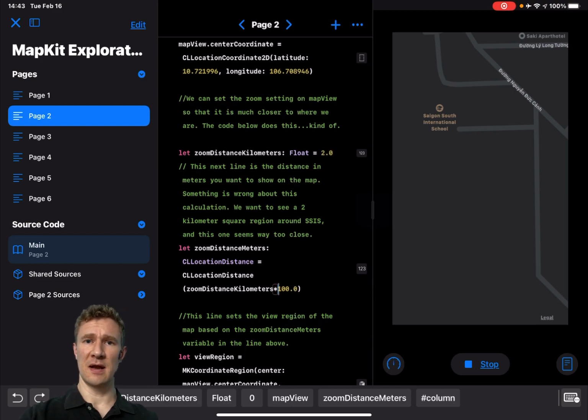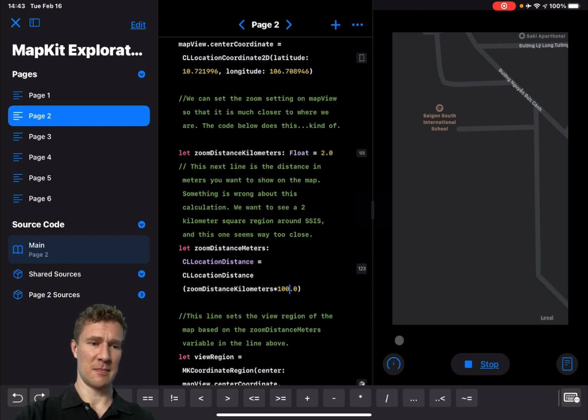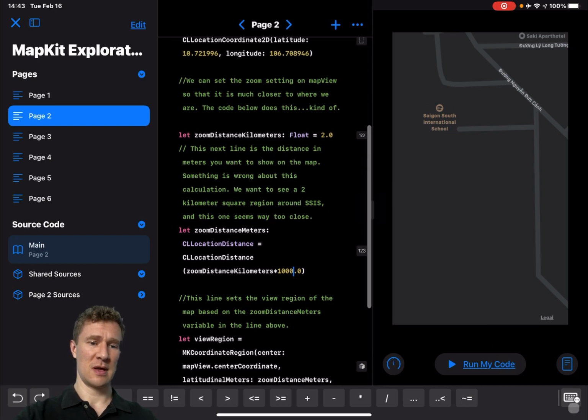Now I am hoping that as I am speaking, this is bothering you. Something is wrong, you need to fix something going on there. And so in this video I'm showing you how to do this, so I'll just fix it. Hopefully you have figured out that this calculation is not correct. There are 1,000 meters in a kilometer, and so now if we run the code,